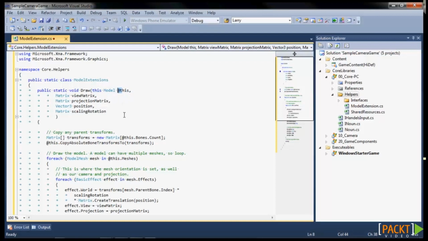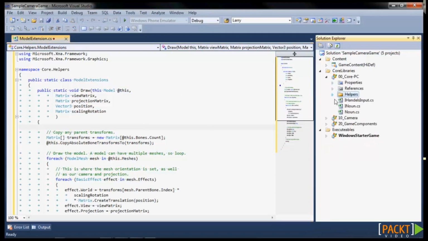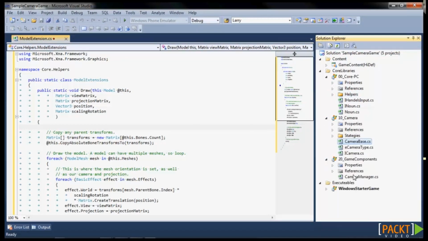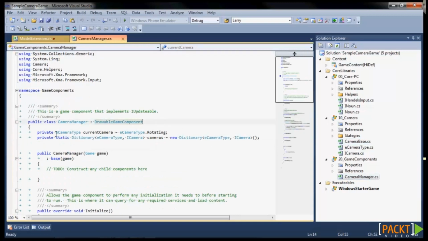This is a notation that I personally like to use because it helps you keep in mind that you're using an extension approach. And then we pass in a view matrix, a projection, a position, and a scaling and rotation. Now notice that we're doing this in our core. If we were doing this at something higher than the camera, then we could be pulling those from the camera manager with a minor change of making this static here